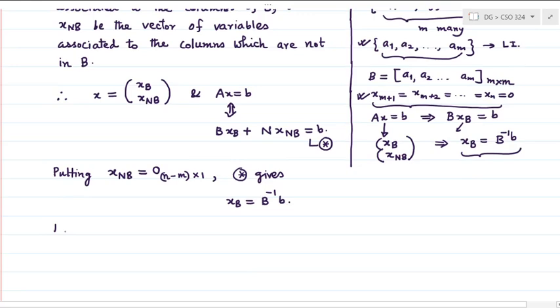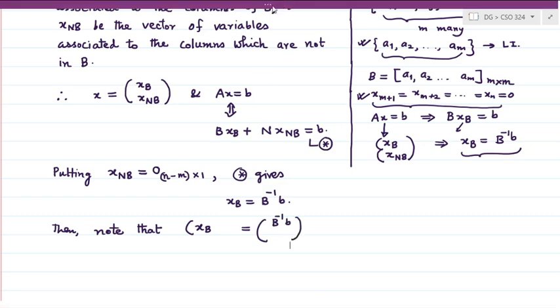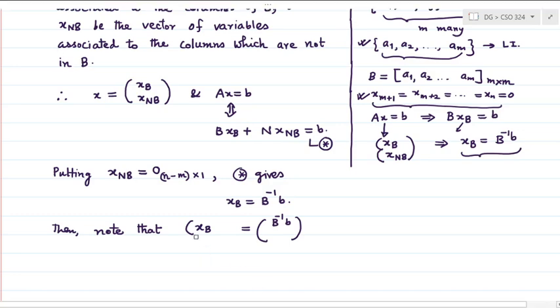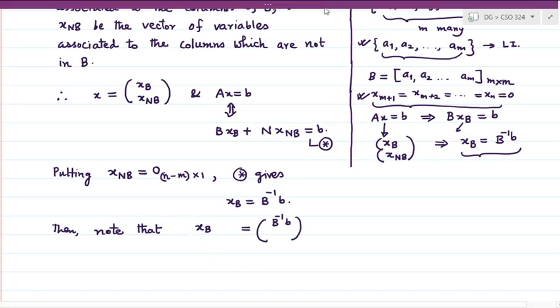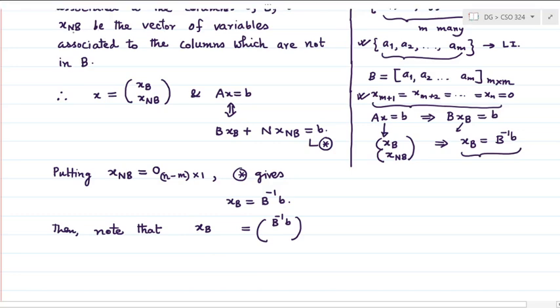Then notice that xB together with xB equal to B inverse b, and xNB equal to 0. Note that x equal to xB, then xNB equal to 0 is a solution